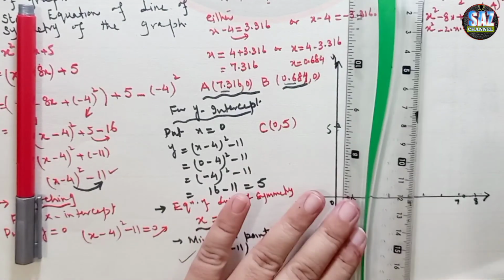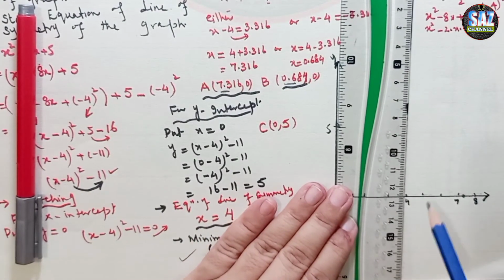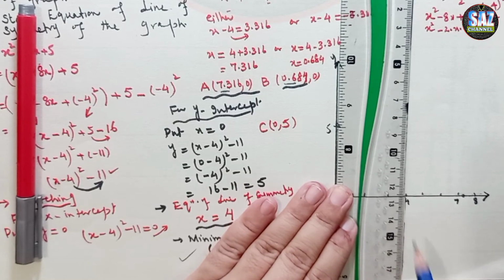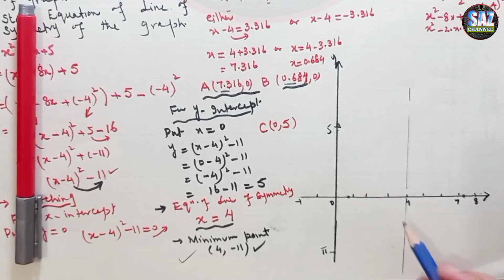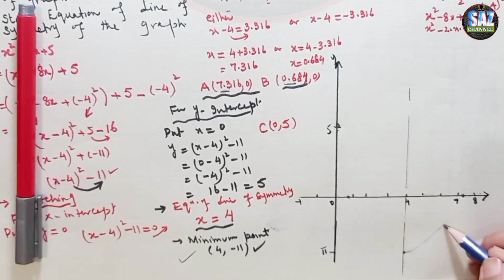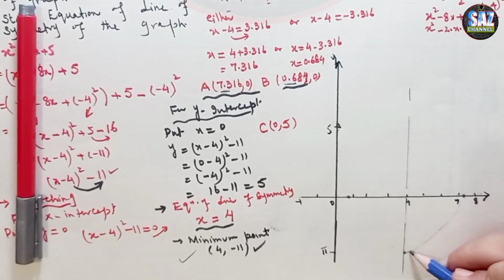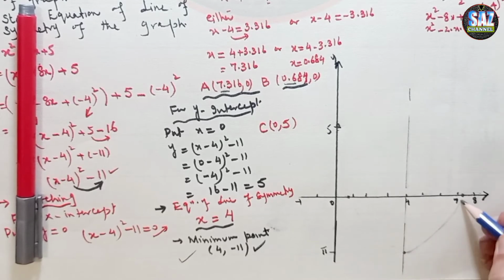and the line of symmetry is at x equals 4. First of all, let me draw a line of symmetry here, and then the minimum point is (4, minus 11). Then we have to join all these points with a smooth pencil, in the form of a curve, and in the beginning we'll be using a lighter pencil in order to make the sketch,